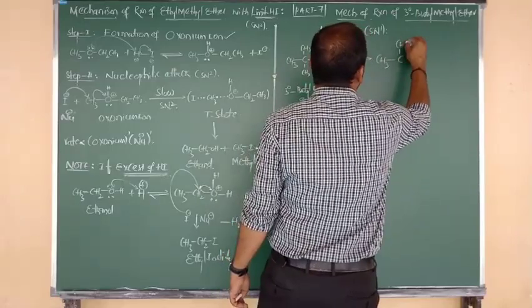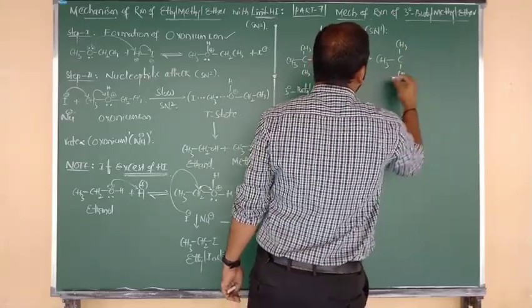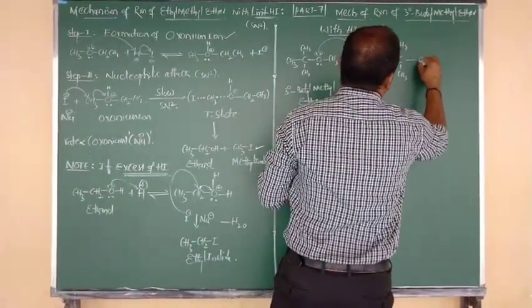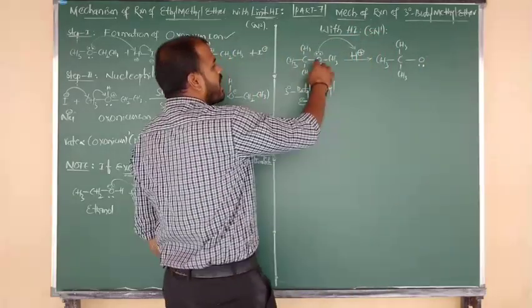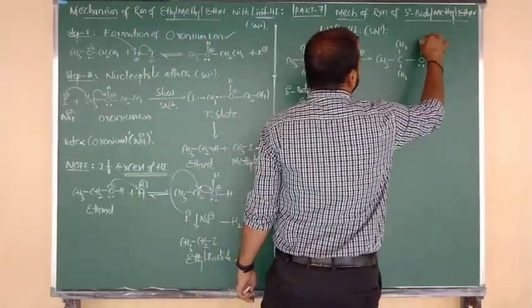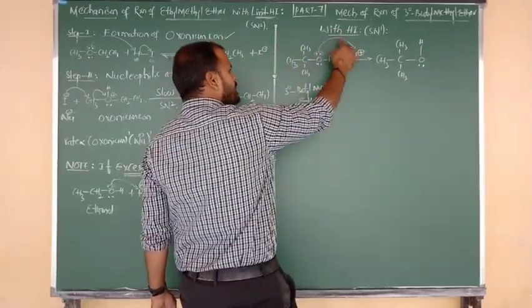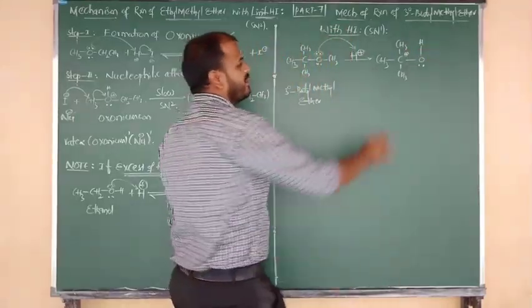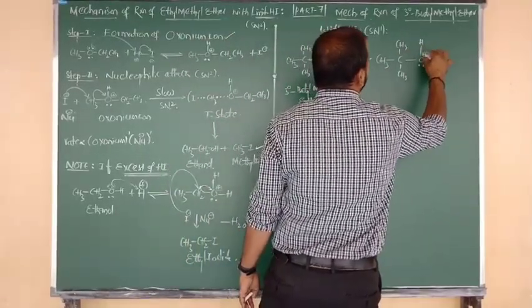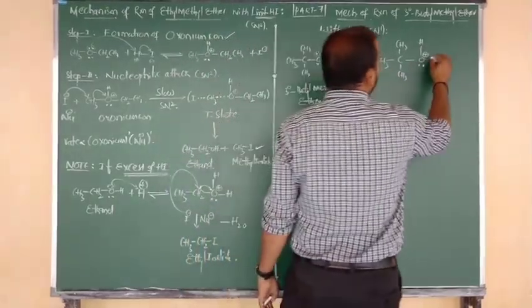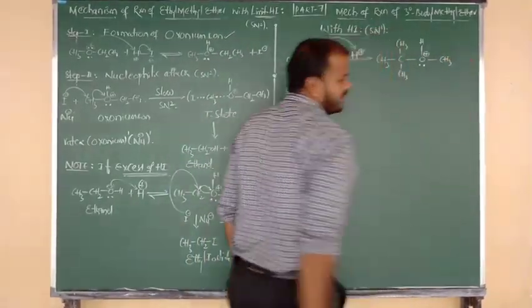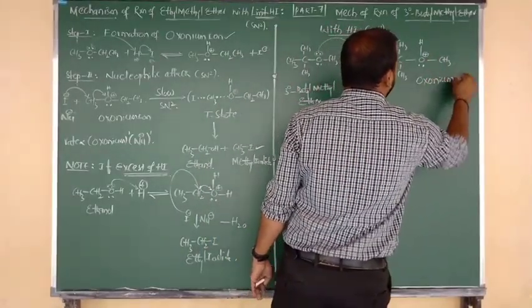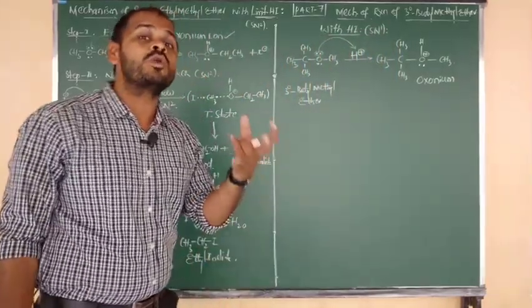CH3 bonded to C, above plane methyl, below plane methyl; such 2 groups I have written as they are. Next, it is bonded to the oxygen atom and here the lone pair is as it is. One of the lone pairs is given to the hydrogen. After donation of such a lone pair, we say that oxygen contains a positive charge. This oxygen is connected to another group, nothing but CH3. That means oxygen contains a positive charge. Simply we can say it is the oxonium ion, and also the protonated ether.